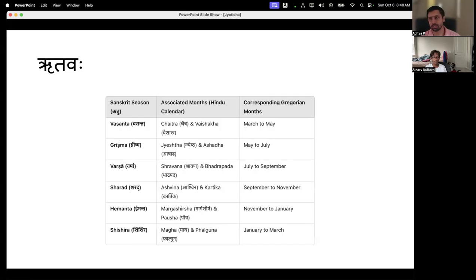Okay, and each masa correlates to a specific ritu. So Vasantam is spring, Grishma is summer, Varsha Ritu is rainy season, Sharad Ritu is autumn, where the leaves start falling. Hemanta Ritu is the time just before winter, which is when we get Kartika Masa, and then Shishir Ritu is winter.